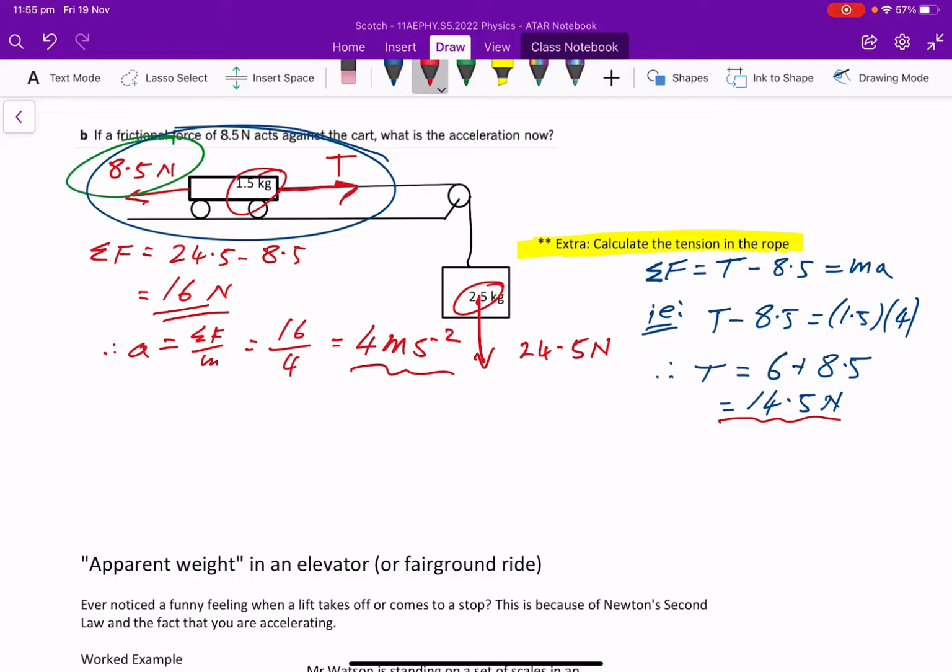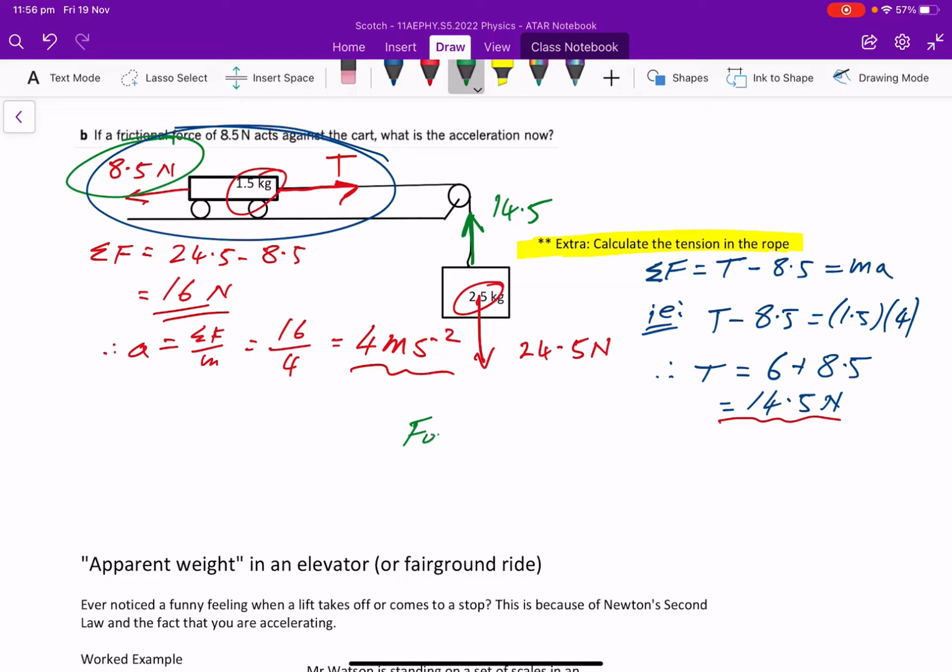A little way to test if that's really true, I could actually consider this. Well, this guy here must also have whatever force the tension is pulling up. The thing about ropes is that both ends have to be under the same tension. So if we think about the 2.5 mass now, let's just think about him. What's bigger? The force down. By how much? MA. Let's see if that's holding true. The net force is,